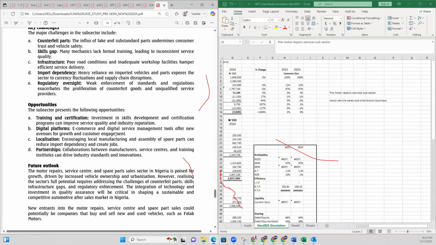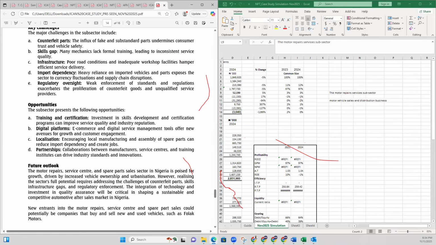Future outlook. The motor repairs, service center, and spare parts sales sector in Nigeria is poised for growth, driven by increased vehicle ownership and urbanization. However, realizing the sector's full potential requires addressing the challenges of counterfeit parts, skills, infrastructure gaps, and regulatory enforcement. The integration of technology and investment in quality assurance will be critical in shaping a sustainable and competitive automotive